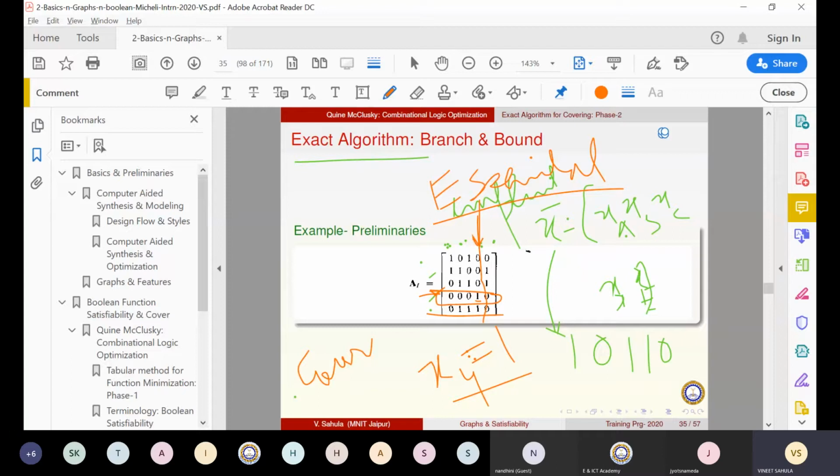I can write that. This is this one with the fourth column removed. This is the reduced matrix. And on that matrix, we have to again apply 2 more reduction methods. If you see here, column 5 and column 2. Please focus. Column 2 and column 5. Do you find any